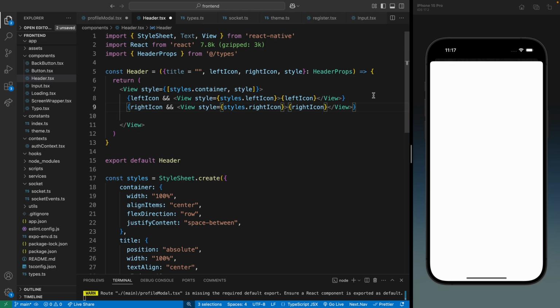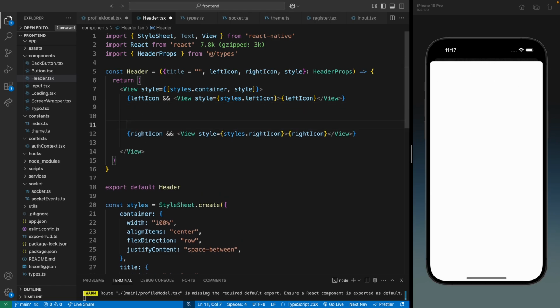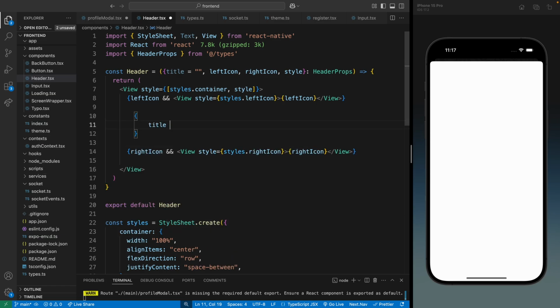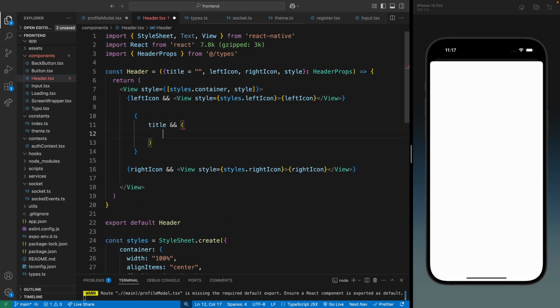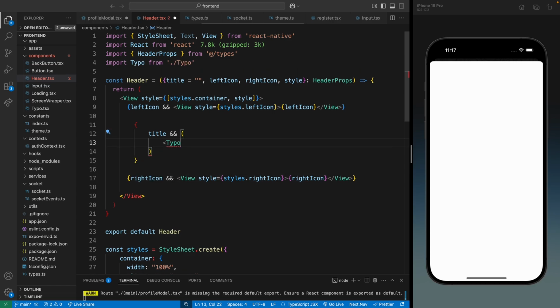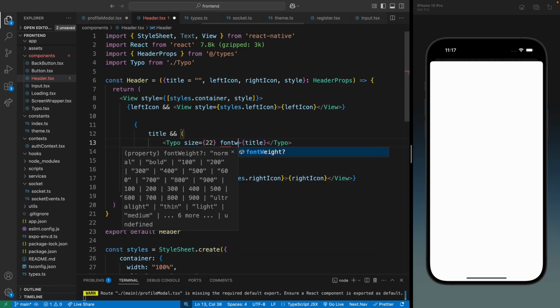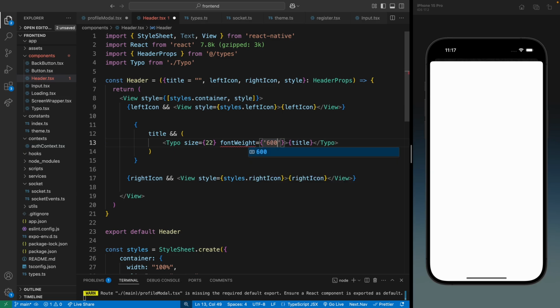Now this will show on the right side of the header, and in the middle we're going to display the title. So let me just add a condition if we have the title. Then I'm gonna use the typo component, and inside we're gonna render the title. So let's just add some properties here. The size will be 22, the font weight will be 600, and I'm also gonna add the custom styles for the title,